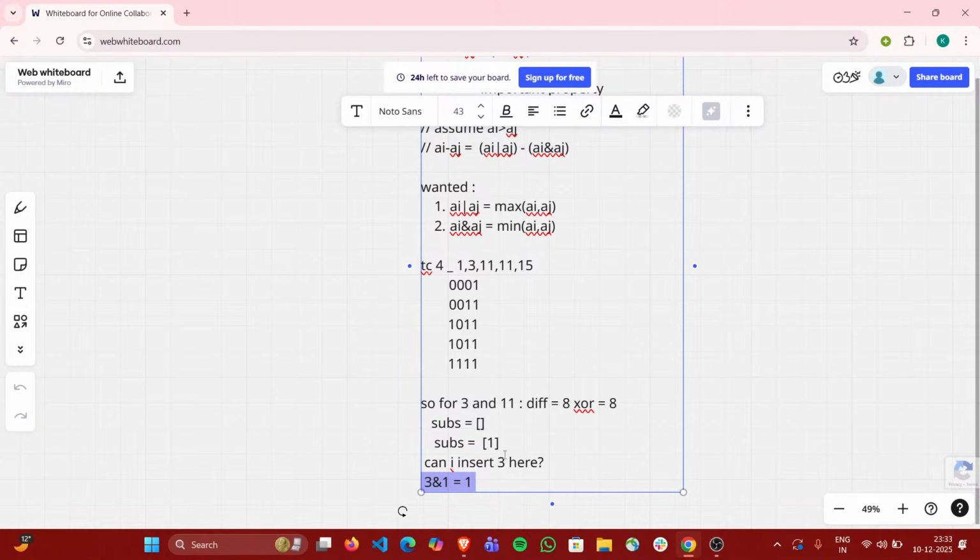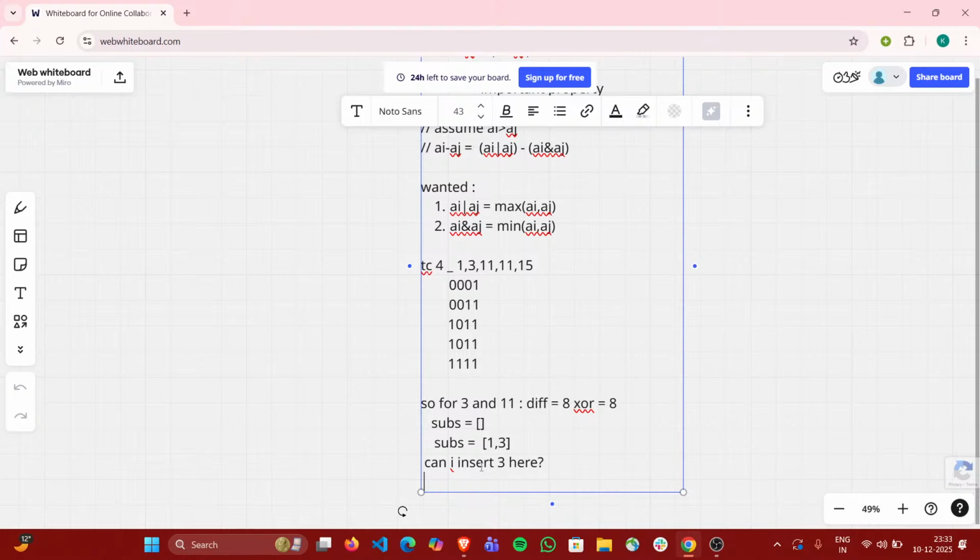So can I insert 3 here? I can. But is it compulsory for me to insert 3 here? That is not compulsory, because by inserting 3 here, now I impose another condition on this array, that now you will have to be done with AI, and so basically this will become my next J, right? So the thing is that